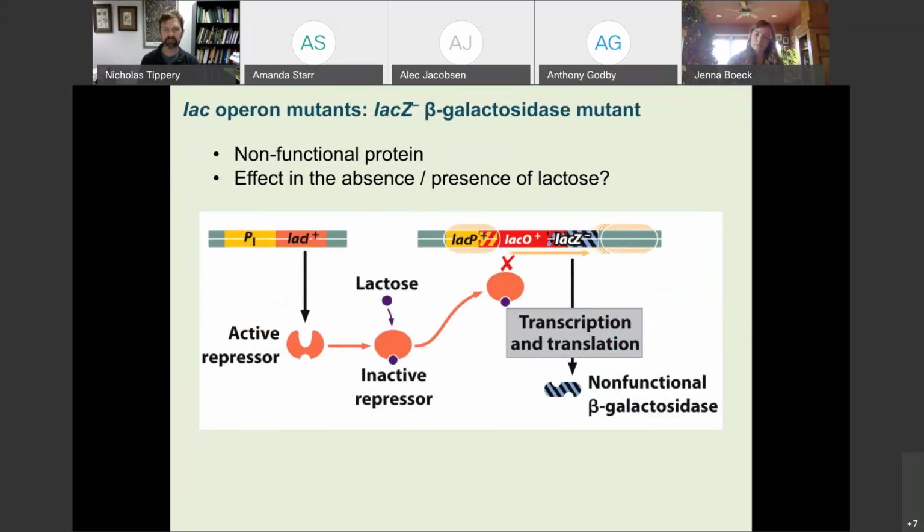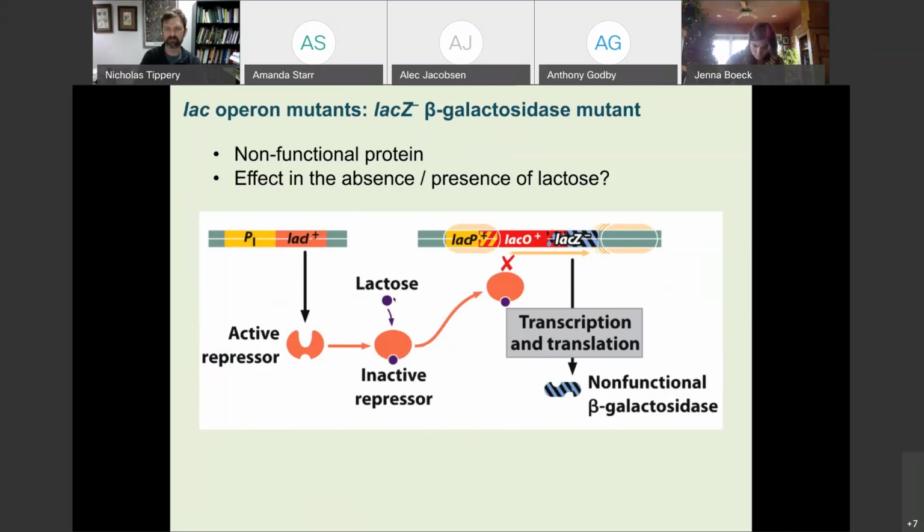Other types of mutations, so figuring out what all these different elements do. With mutations in the Lac-Z gene, you could have transcription happen and the enzyme is made, but if you have a mutated Lac-Z gene, it's possible that the mutation causes that beta-galactosidase not to work. And that's what's shown here. So Lac-Z minus makes the galactosidase enzyme, but it can't